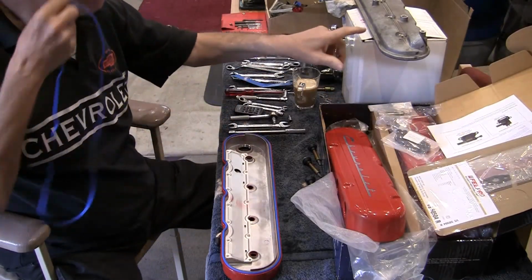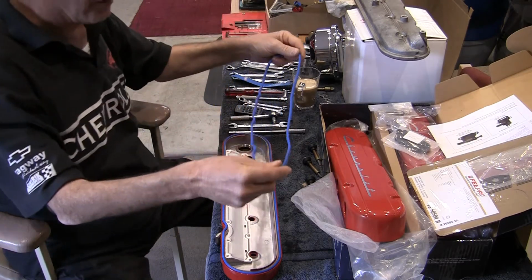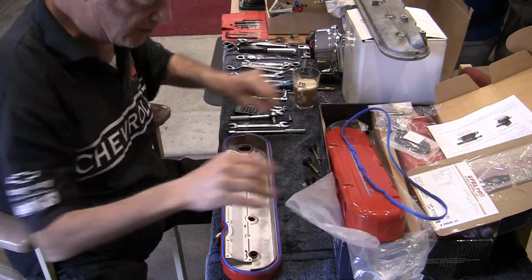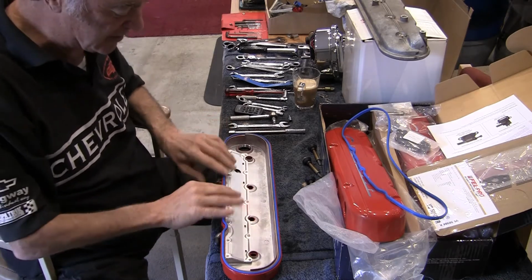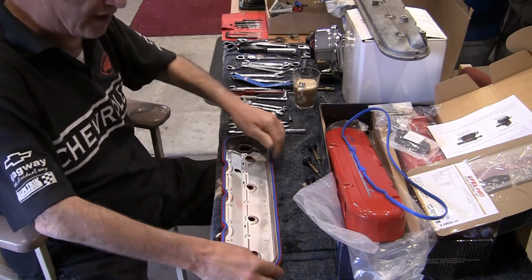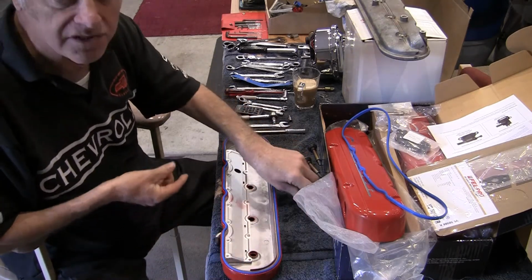You could have used the original ones off the original covers, but I've had them off before. I thought I'd put new ones on. They're pretty good. I'll fit it on nicely. Just start with your bends and work your way around and tighten them right down. It sits in a nice little slot. Now the bolts itself,